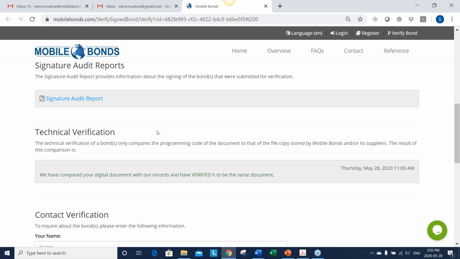To answer the question about whether or not notaries are required, the purpose of the notary is just to confirm that the person that's signing the bond has the authority to do so, and that's in fact the right person, the correct person has signed the document. Probably in the current term, probably will need a notary public. I think that's just become a practice. But over time, the industry may decide it's not necessary.